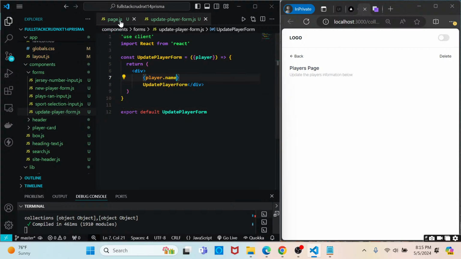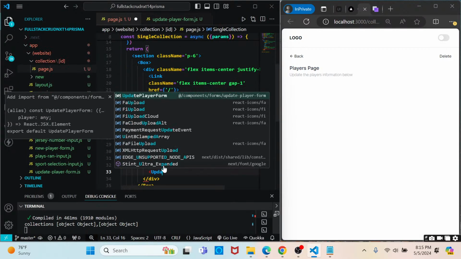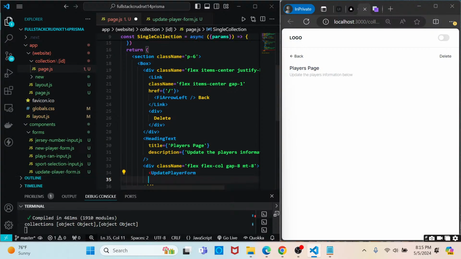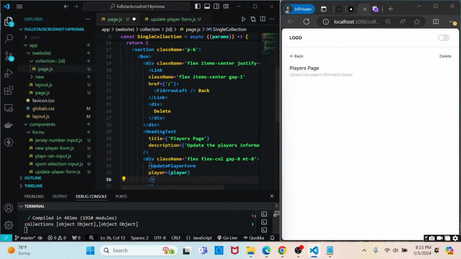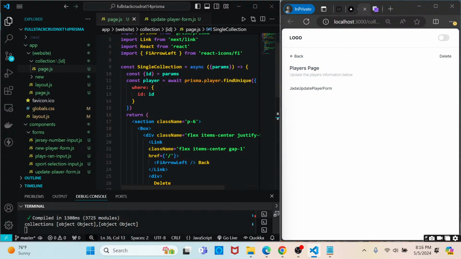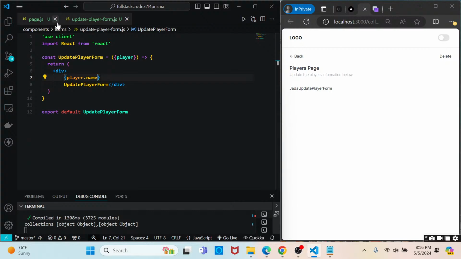We just want to pass in player, and we'll go player.name just to make sure it's working. And if we come back here, we'll go update player form, and let's go player is equal to player. Yep, and we'll hit save. And now you see the player form is accepting the information based on the player that we found, because we're passing again as a prop. So perfect. So now we can keep the individual page open, but what I really want to focus on is